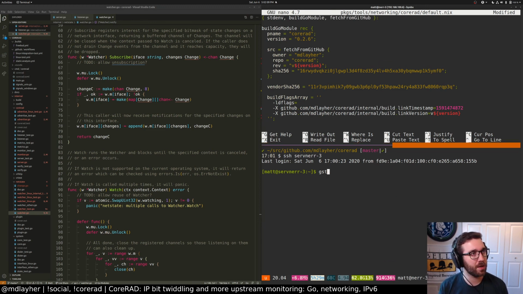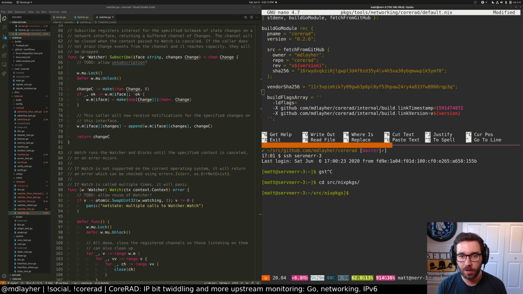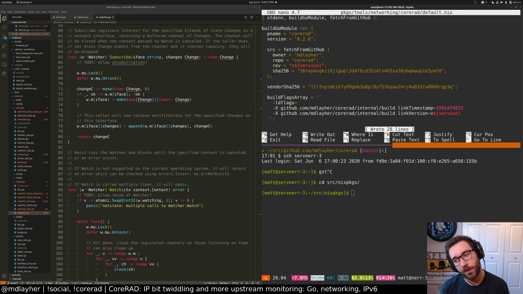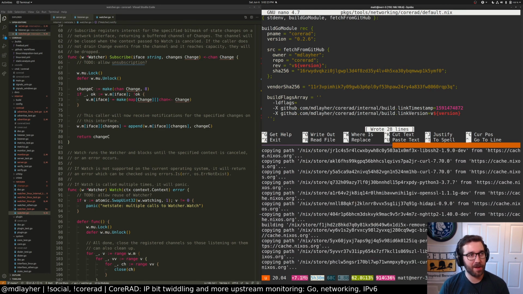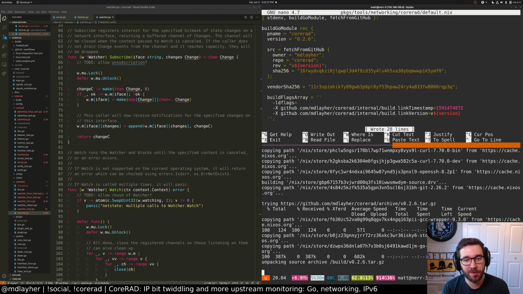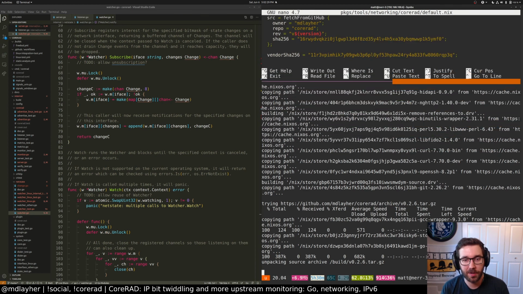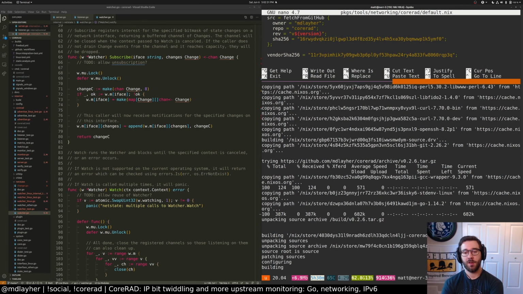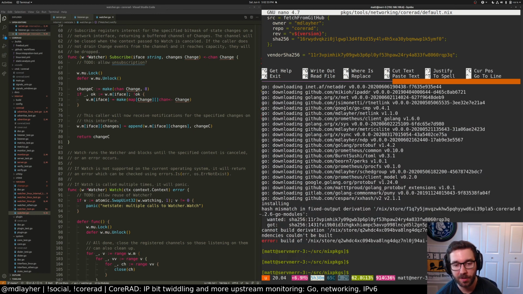Okay, now we need to try building this, and once we do that, we can see what works. So source Nix packages. Save the file, and then what do I do here? Oh, nix-build -A. Yep. Thankfully, my server is a lot faster at building Nix packages than my router. So, oops, that's the wrong way. There we go. So this is pulling the repo. It's going to do all the Go module stuff.